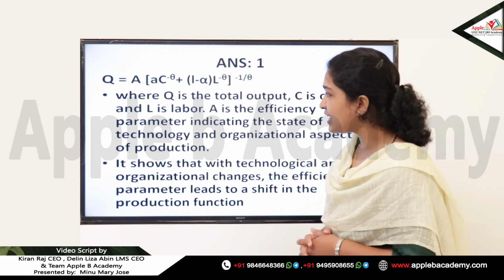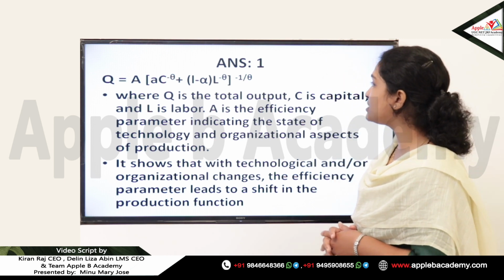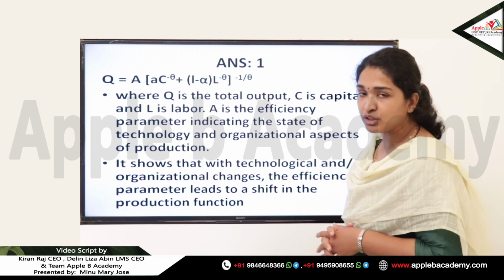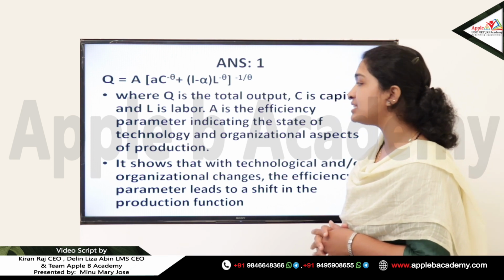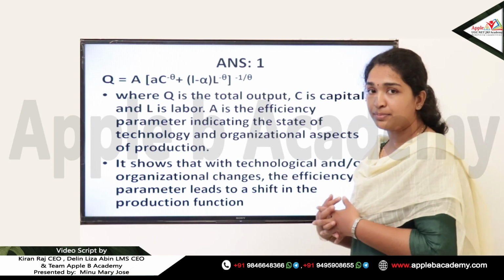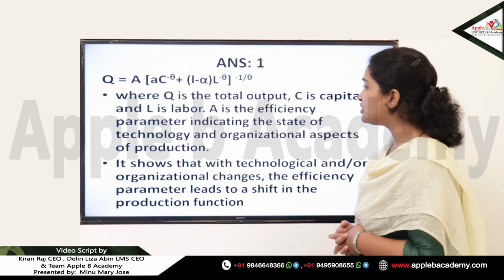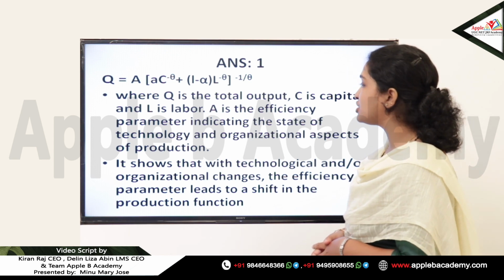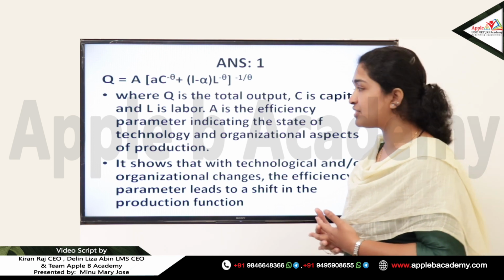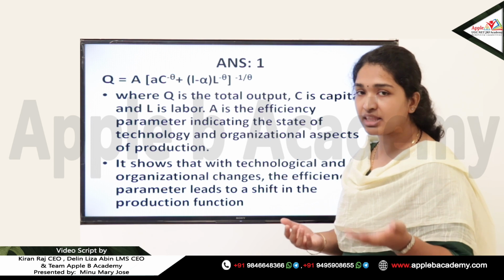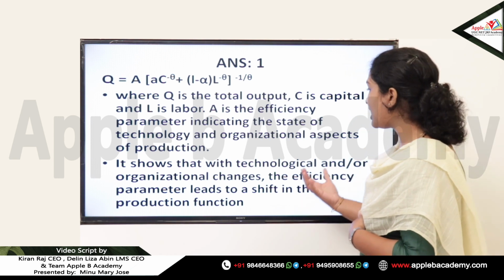And now where Q is the total output, C is the capital and L is the labor, the two factors of production, and A is the efficiency parameter. We have to remember what each variable means. A is the efficiency parameter indicating the state of technology and organizational aspects of production. That means how much level of technology is present at the particular time period, and the organizational aspect